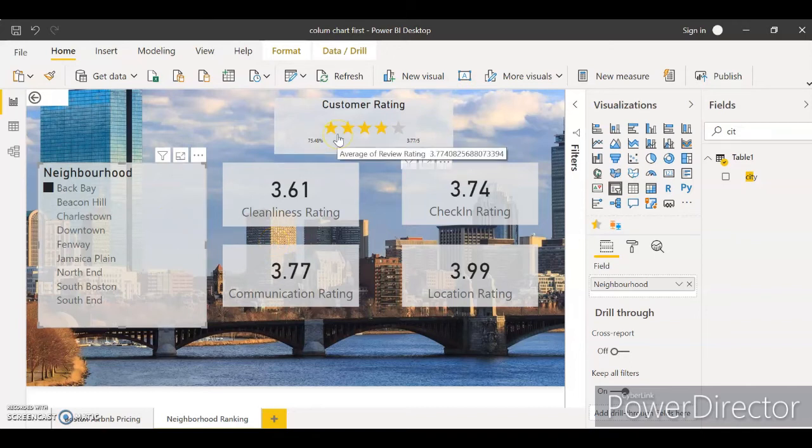Then I used a star-based rating visualization tool from the Power BI app source and calculated the average reviews of each neighborhood using the different ratings provided by the customers. I have used these 4 different criteria to calculate and display the average rating of each neighborhood in the city.